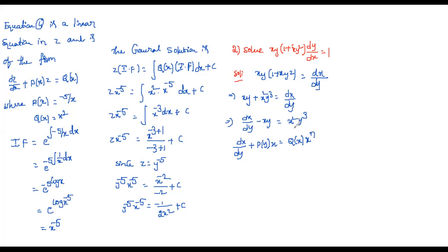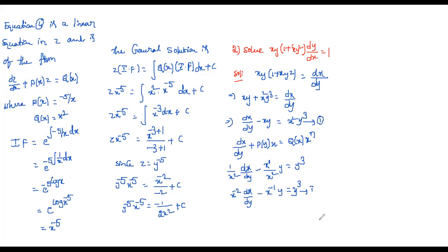We have to divide the equation by x square. If you divide that, what will we get? 1 by x square into dx by dy, minus x by x square into y, is equal to y cube. And then if you take this into the numerator, x power minus 2 dx by dy, and next minus x power, so here it is 1, and when it comes to the numerator, minus 1 minus 2 is nothing but minus 1, is equal to y cube. So now we can take it as equation 1.